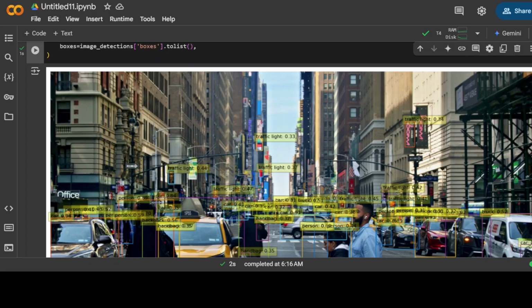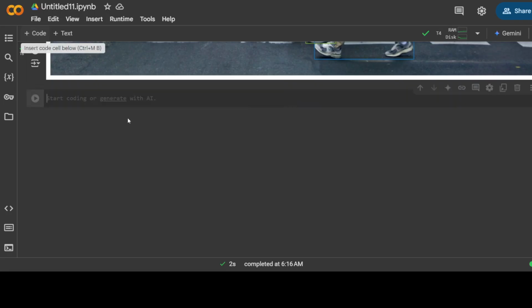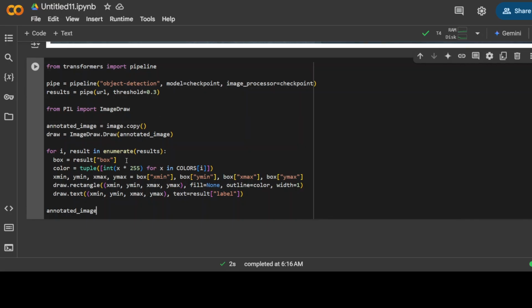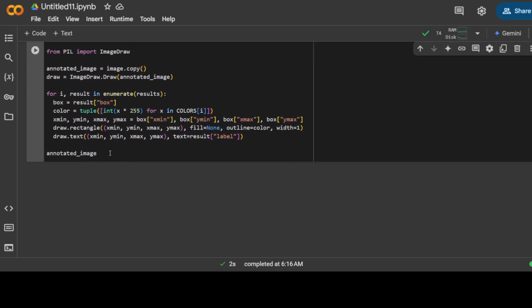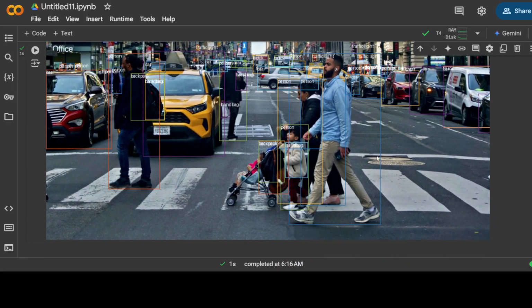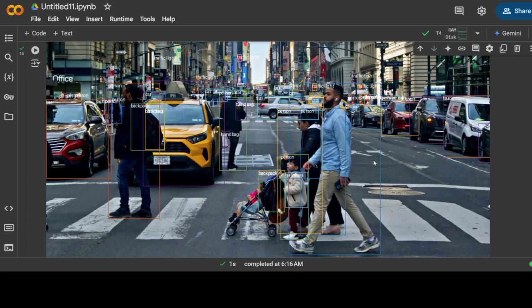Now that was one way of doing it. Another way of doing it is through the transformers library and pillow. For that, all you need to do is to use this code where we are using the transformers pipeline, which we have also used in other models if you have been following my channel. And then we are simply using that annotated image. So if I run it, you can see the same result but with the transformers library. But as you can see that it's not as, I would say,